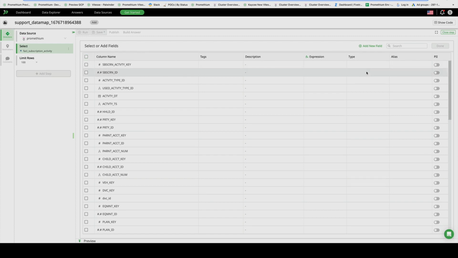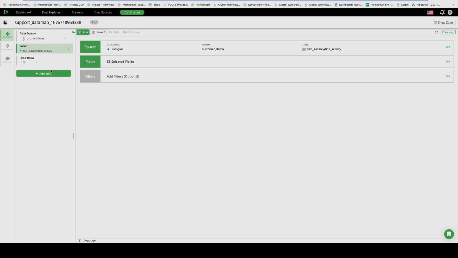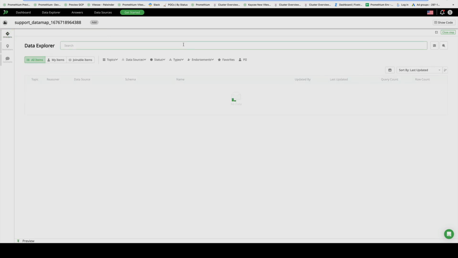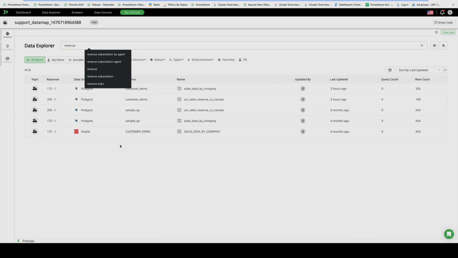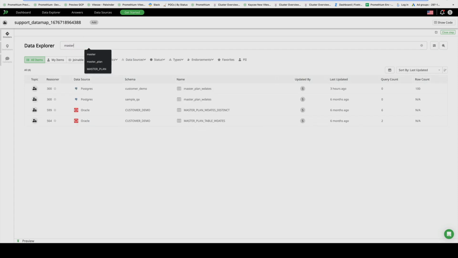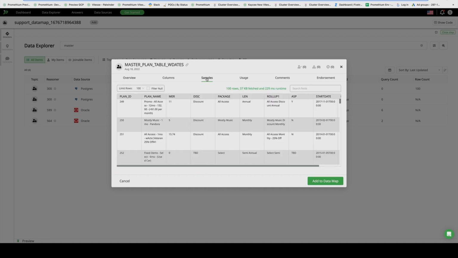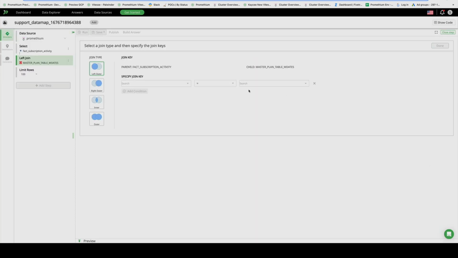We're going to go ahead and join. Let's pick everything, and join this to a table in Oracle. Let's look for revenue, and it looks like I have this one. I don't think that's the one I want, so I'll look for a different one. Okay, I think this is the one I want. Let's make sure it's a proper table. Okay, looks like the query is all right, so I'm going to join it.